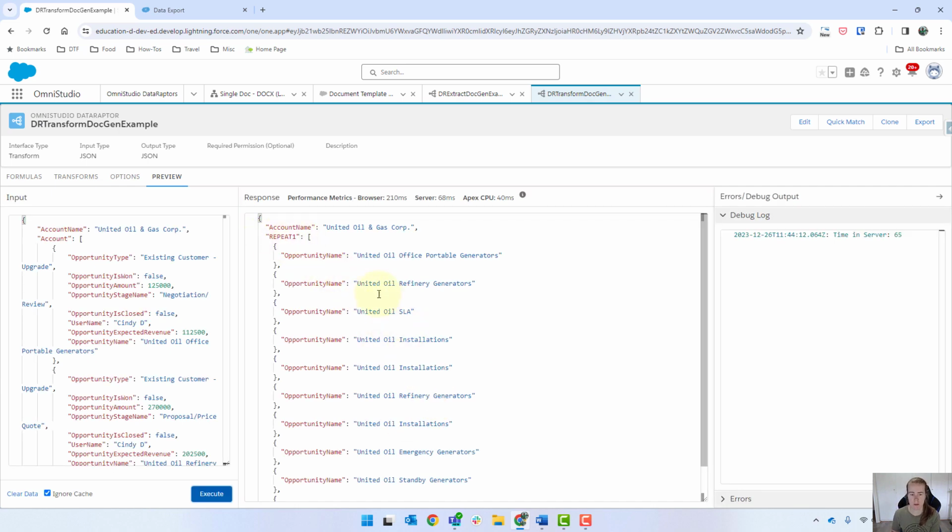And now when I preview this, we can see that within that repeat, and this is what I want to be repeating in the table, we've got all of our opportunity names there. And now essentially we just go through and we copy it. So we'll go opportunity amount as well. So coming in there,